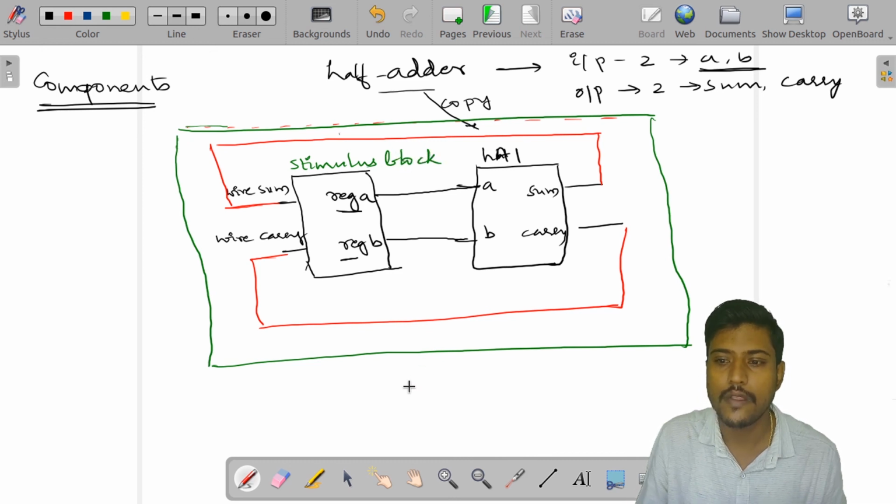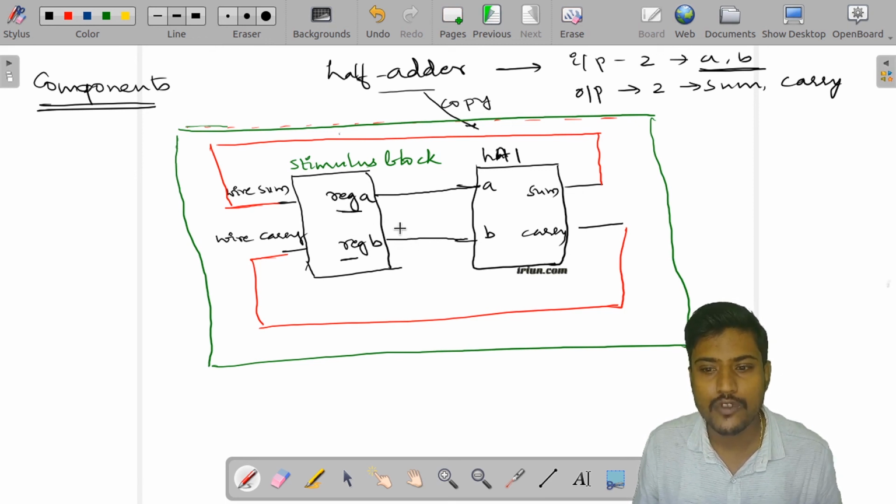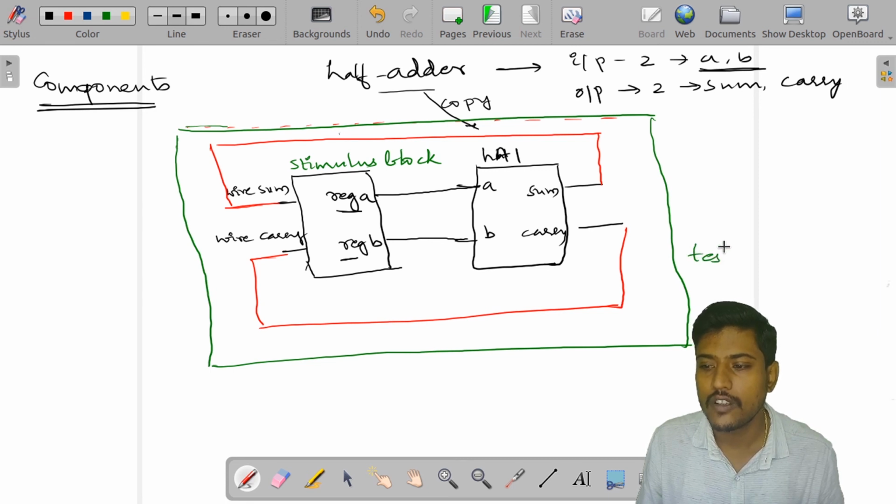Okay. This whole environment what I am having, a stimulus block and an instantiated block, where in the stimulus block I am driving the inputs and I am observing the outputs. This whole environment, we call it a test bench.